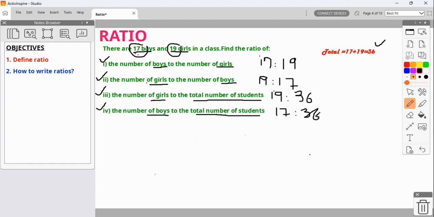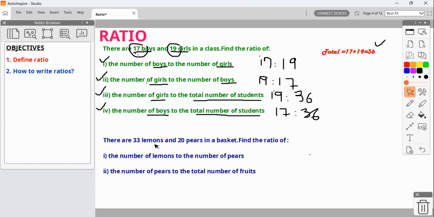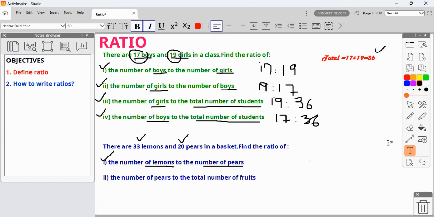17 ratio 36. Now let's move to one more example, that is, there are 33 lemons and 20 pears in a basket. Find the ratio of, the first question is, the number of lemons to the number of pears. So the first quantity, it means antecedent, here is lemons and the consequent, the second quantity, is pears. So we can see here, lemons are 33 and pears are 20. So our answer for this question will be